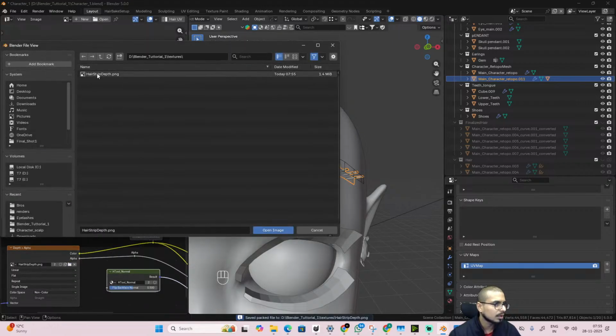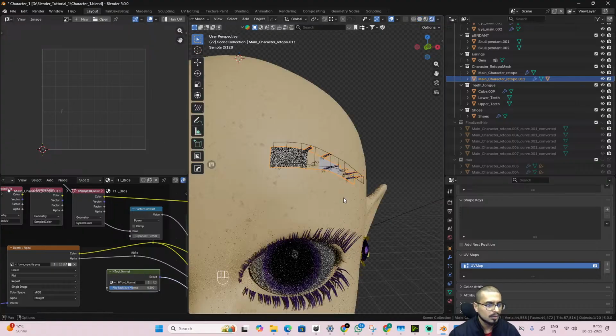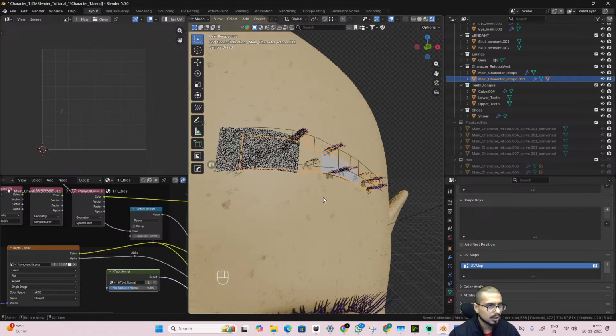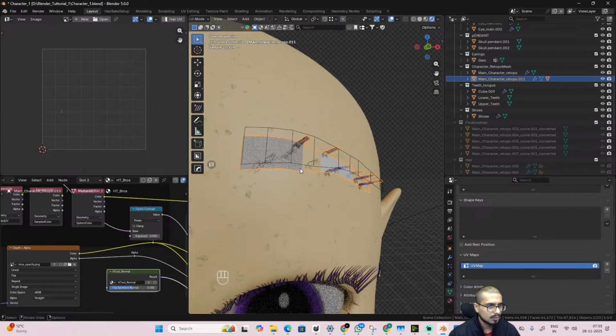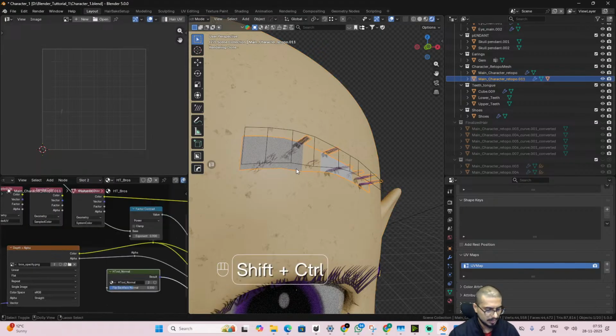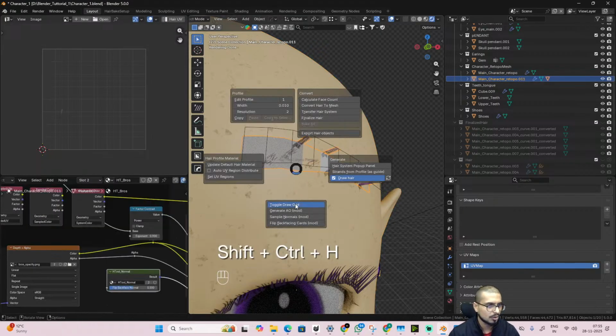I'll go back in, and in character script I'll choose bros. Okay, yes, something is visible now. That's good. I'll select my mesh, Control Shift H, toggle so that